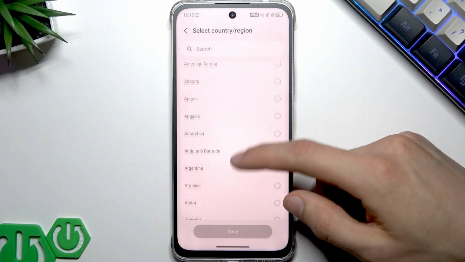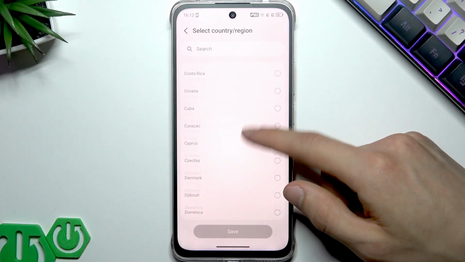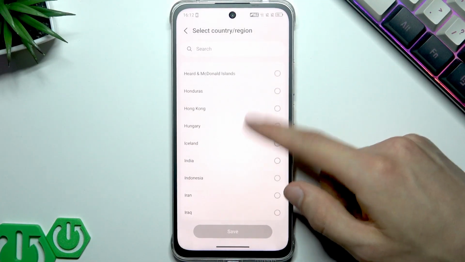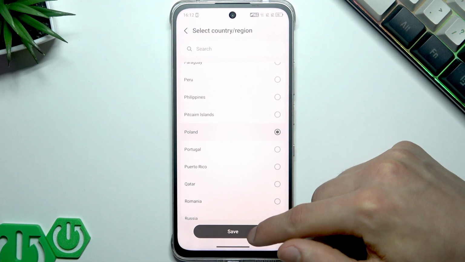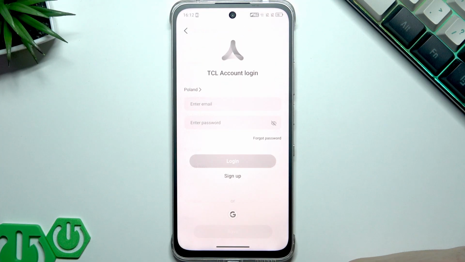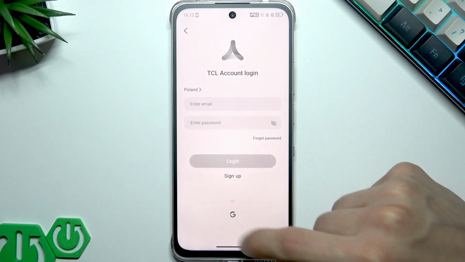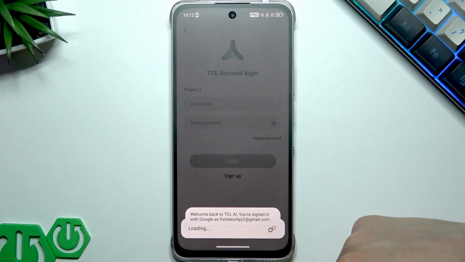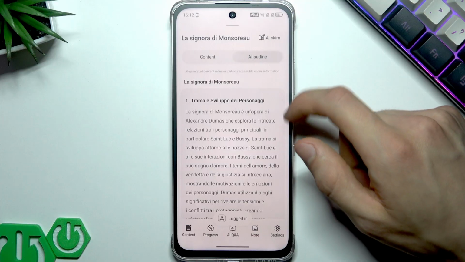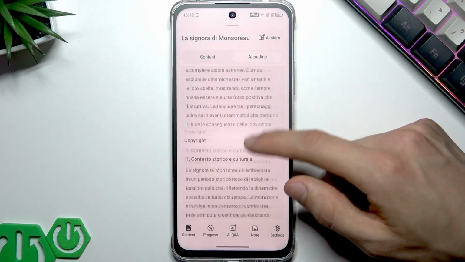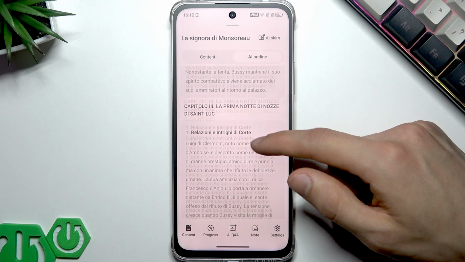So select your country or region from the list. Save. And now let's sign in using Google account, for example. Okay. And now in AI outline, we can see the